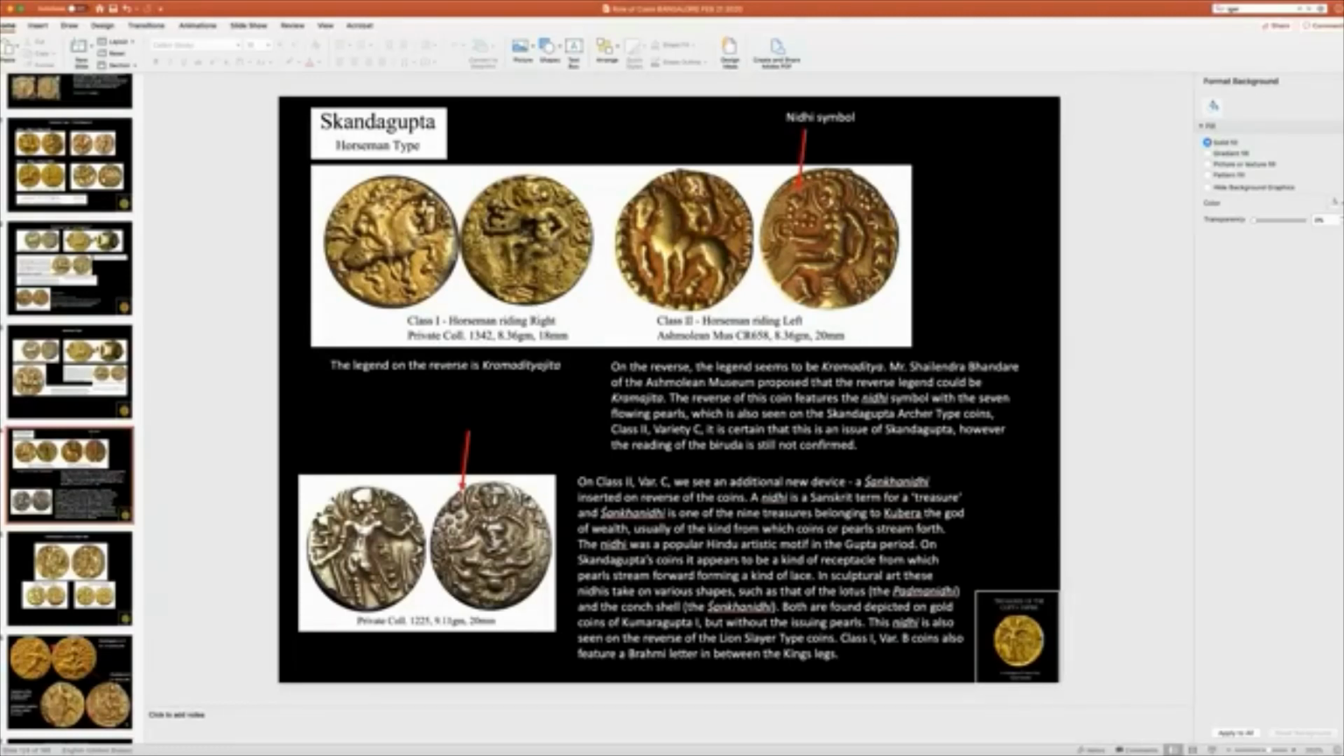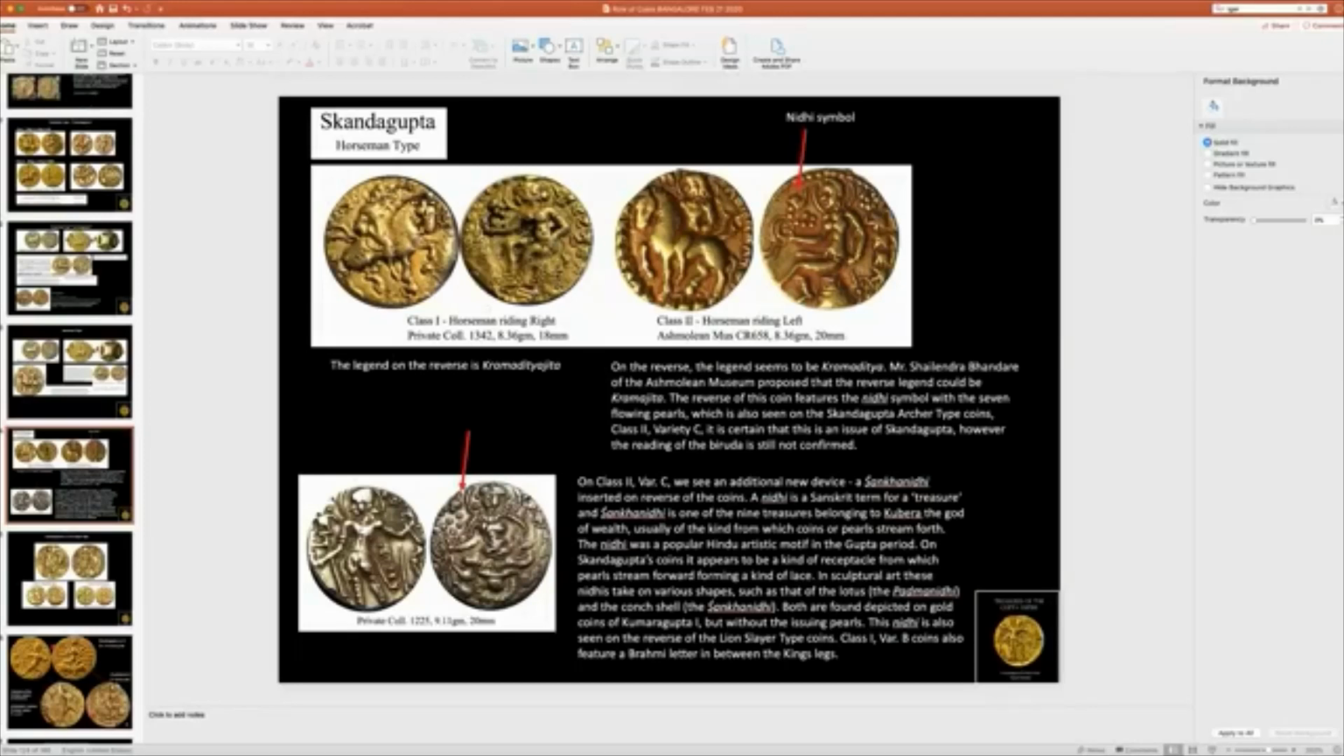This one right here is from the Ashmolean Museum, and we know it is Skandagupta because we can see this Nidhi symbol right here with the pearls flowing out of it, which is a characteristic design that we find on his archer type also, right? And this coin was found,